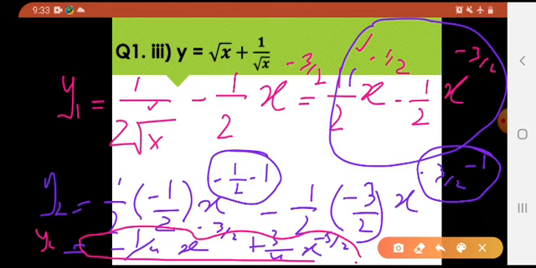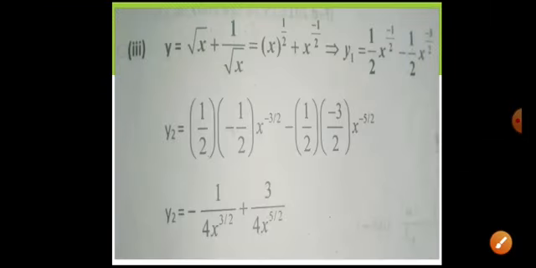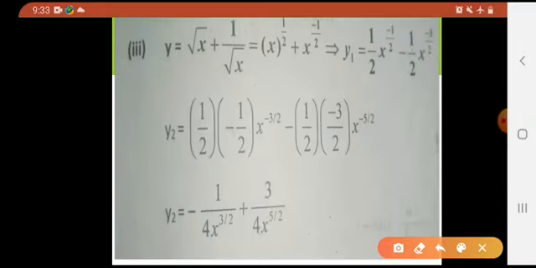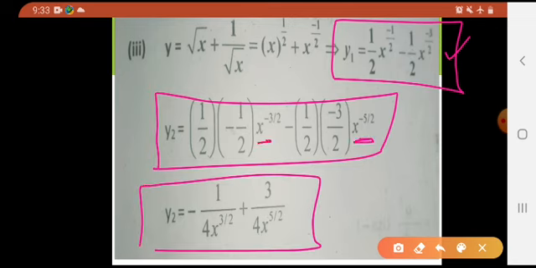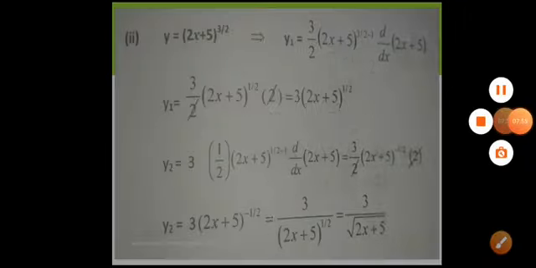Let me show you the image of this. Look at this. This was your first derivative, y1. Then differentiating again with respect to x was this. And this is your final answer. How? By taking these negative terms to your denominator, and that's how you got it. Simple. So these are very easy questions.